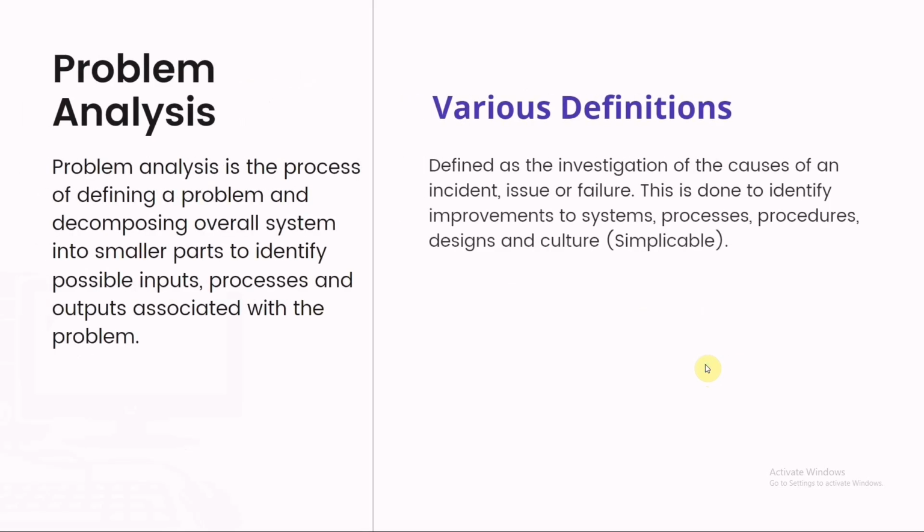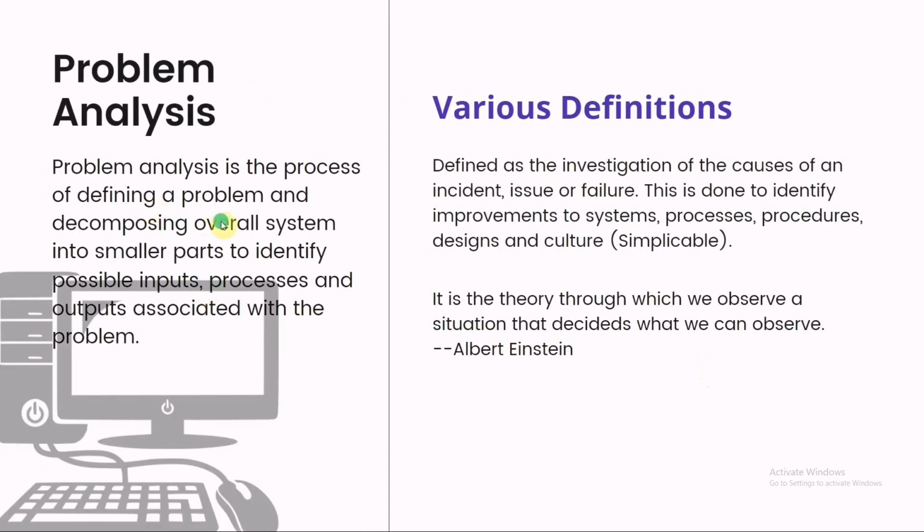So in problem analysis, step 2, that is the process of defining a problem and decomposing the overall system into smaller parts to identify the possible inputs, processes, and outputs associated with the problem. By its various definitions, from the websites I checked, it is defined as an investigation of the cause of an incident, issue, or failure. This is done to identify improvements to systems, processes, procedures, designs, and culture. That is basically the general definition of problem analysis,